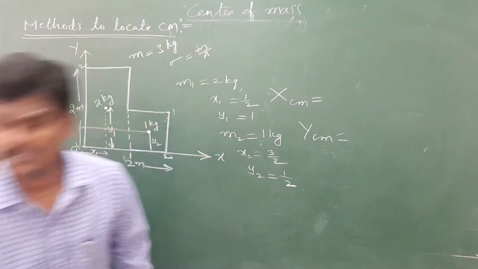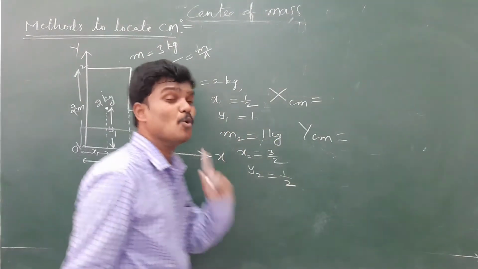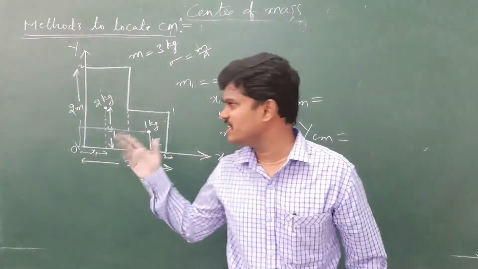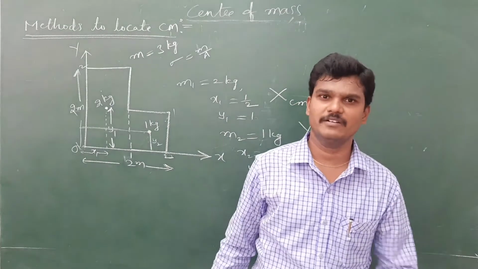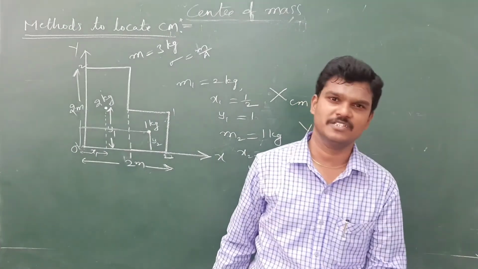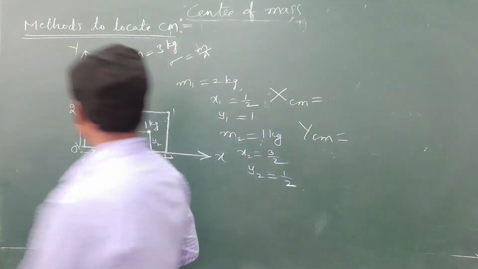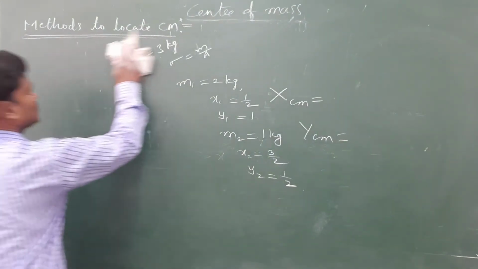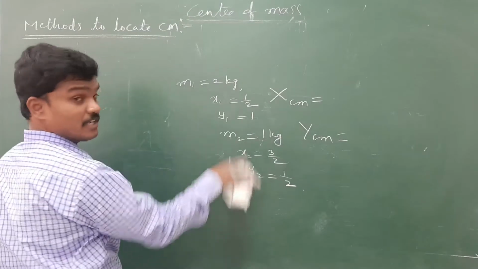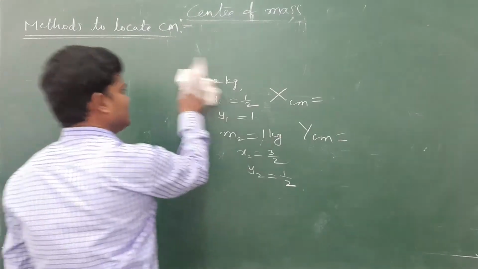Here your target is to identify how to write the coordinates. And masses you can divide in any manner. Right now 3 kg is given, so it is easy to divide it as 2 kg, 1 kg, and so on. Your wish. Let us suppose mass is not given in this type of question. Let us see how to solve those. So substitute these values, and you will get xcm and ycm.